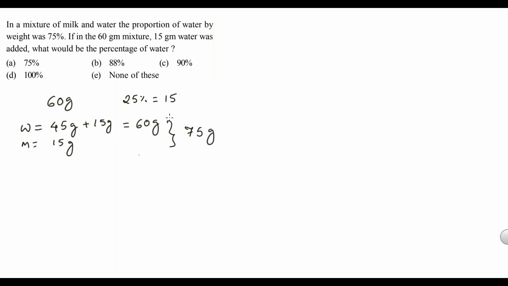Now the question is, 60 grams of water out of 75 grams of the total weight is what percentage. So water is what percentage of mixture, X is what percent of Y. So we always take the total value in the denominator, that is 75. So we are finding 60 is how much percent? So 60 by 75 into 100. 15 4 times, 15 5 times, 5 1 time, 5 20 times, that is 80%. Now the percentage of water has become 80 instead of 75.